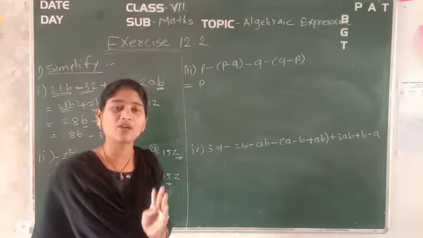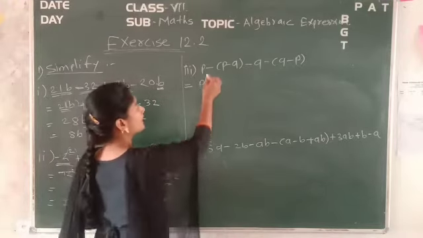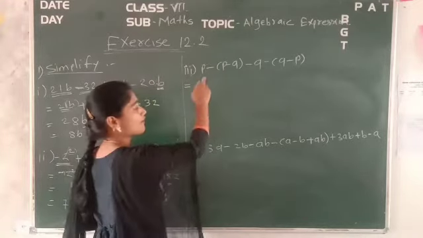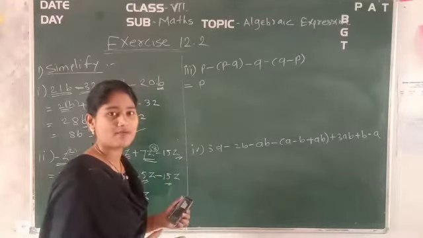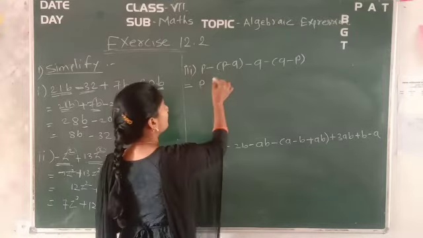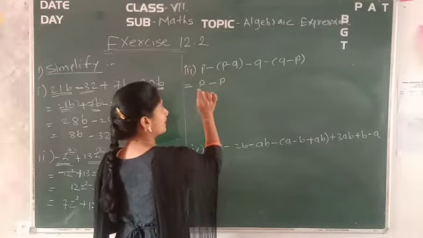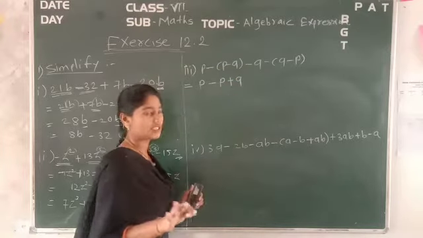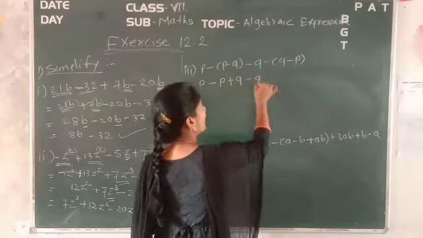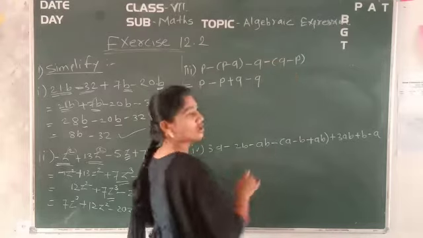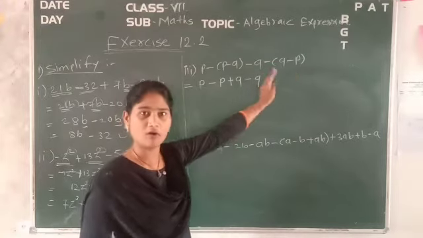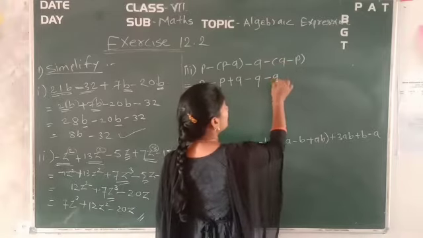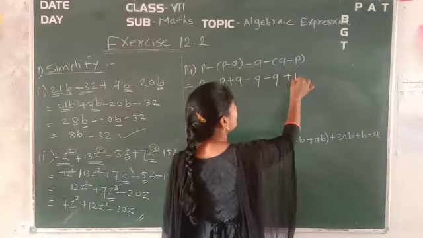Okay. So how can you remove the bracket? By multiplying whatever sign you have in front of it. Okay. So here we have a minus sign. How can you perform that? Minus into plus, it will be minus P. Okay. Minus into minus, it will be plus Q. Correct? Now, minus Q will be added again. For this minus sign, we have to multiply this minus sign to the whole bracket. Okay. So it is minus into plus, minus Q, and minus into minus, it is plus Q.